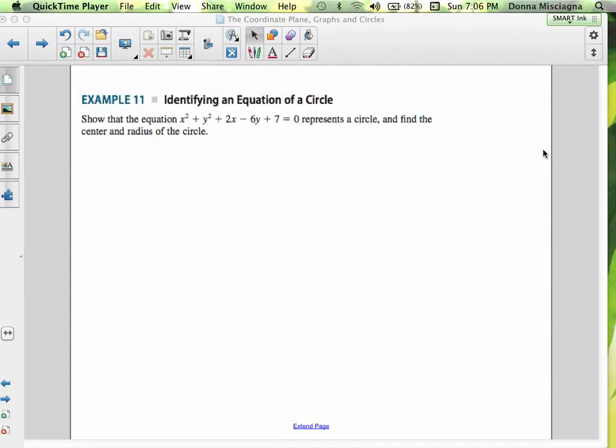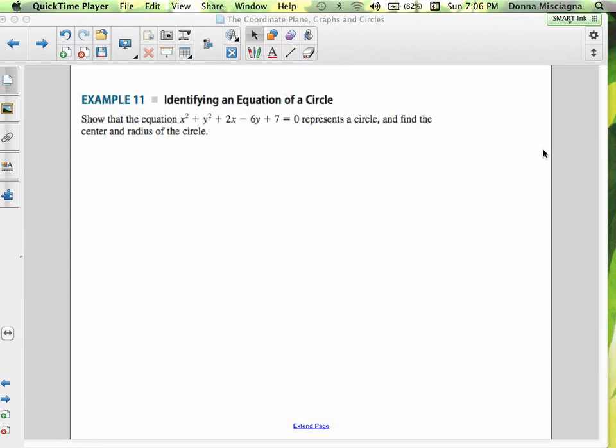So now we want to rewrite an equation of a circle, x squared plus y squared plus 2x minus 6y plus 7, into a format where we could identify the center and radius of a circle. And so we do know that this is an equation of a circle because there are no coefficients on x